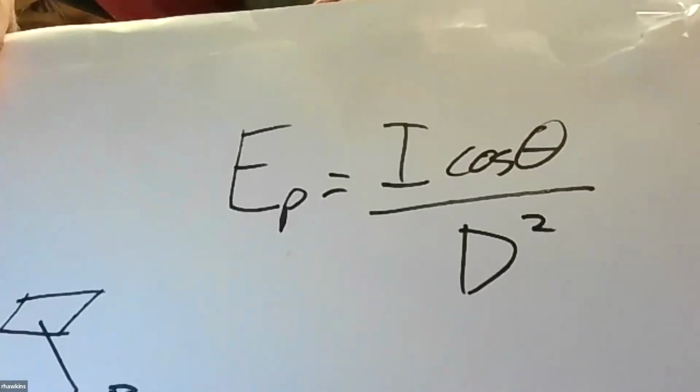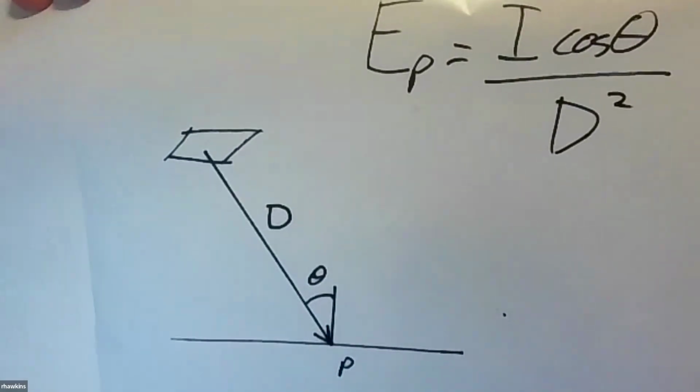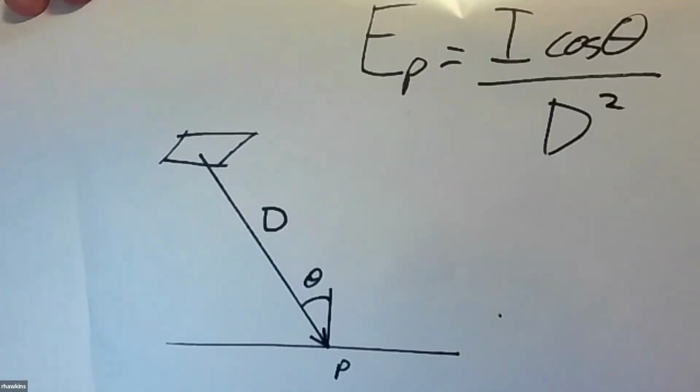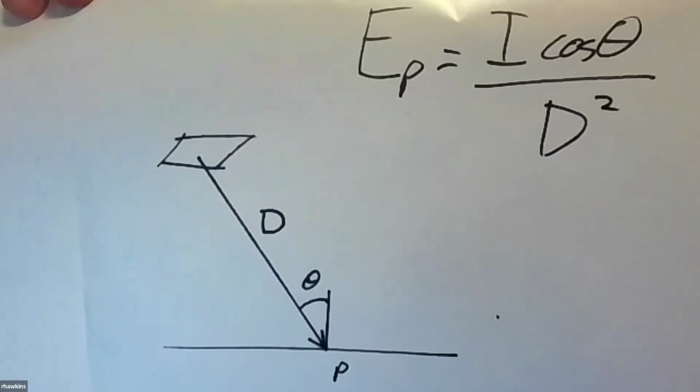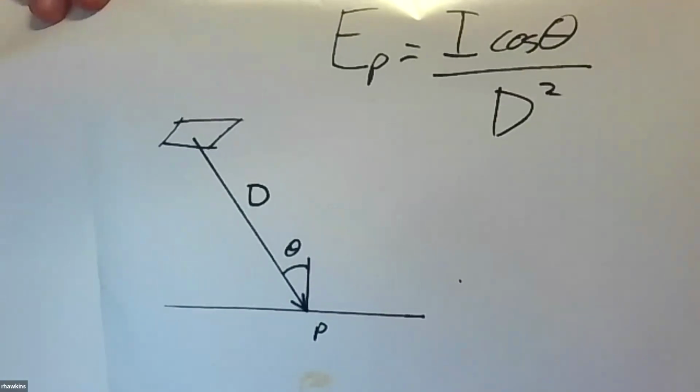All right, so there's that formula. E equals I cos theta over D squared. There's how it works out. And notice the incident angle is the angle between straight up and where the thing is coming in, right? Very important to get that down. And to understand then,